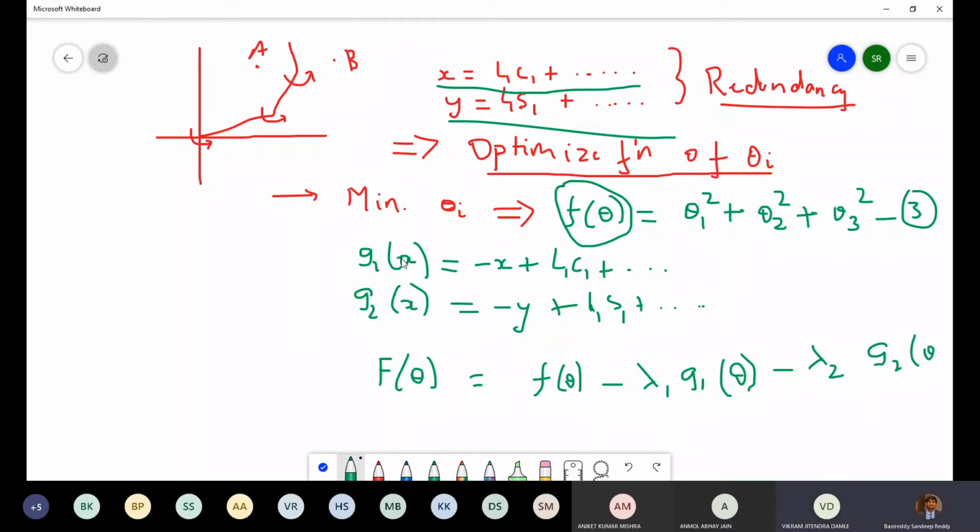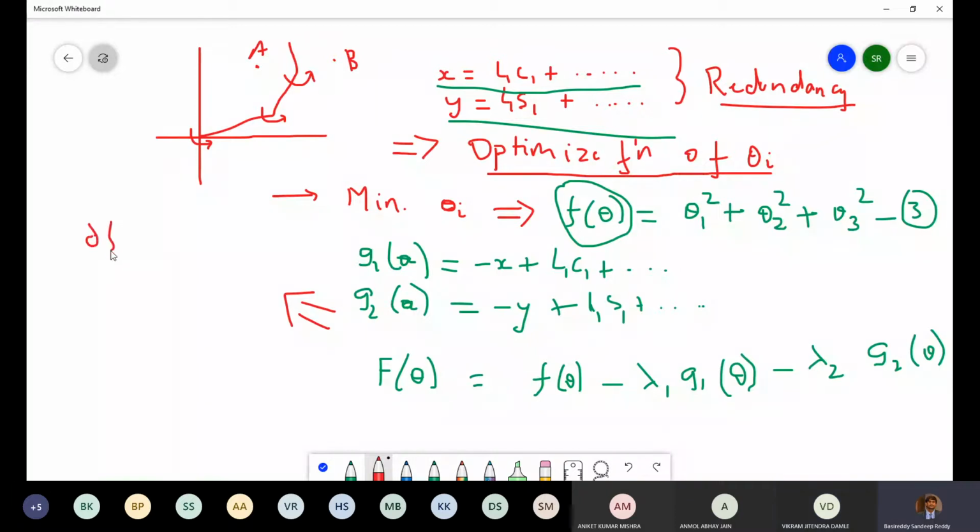So this is g2 of theta, sorry, theta. What do you do next after this? The partial derivatives with respect to theta 1, theta 2, and theta 3 must be 0, I think. Yeah, correct. So partial derivatives of this with respect to theta is 0.